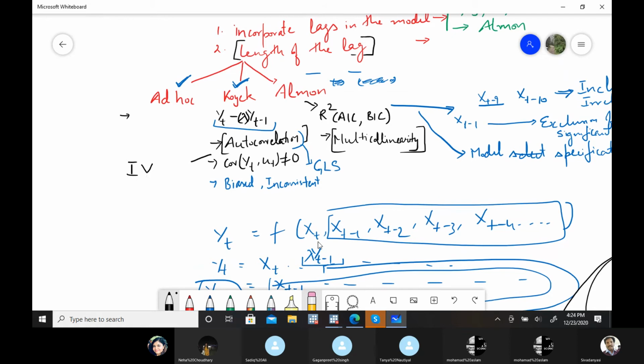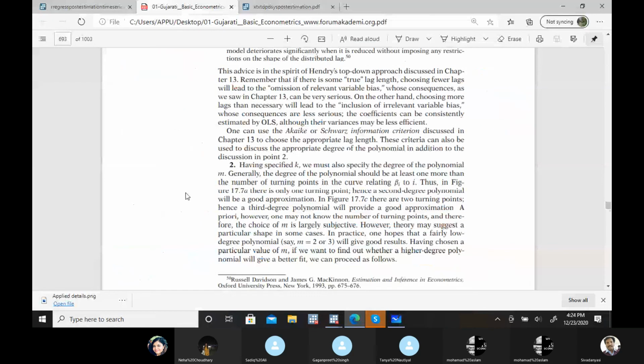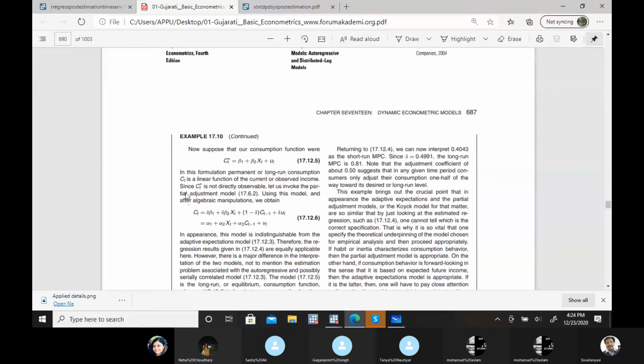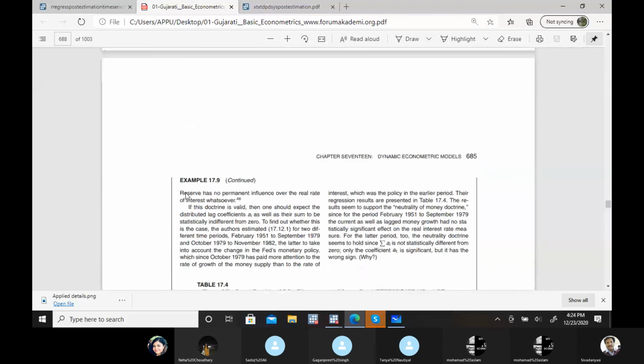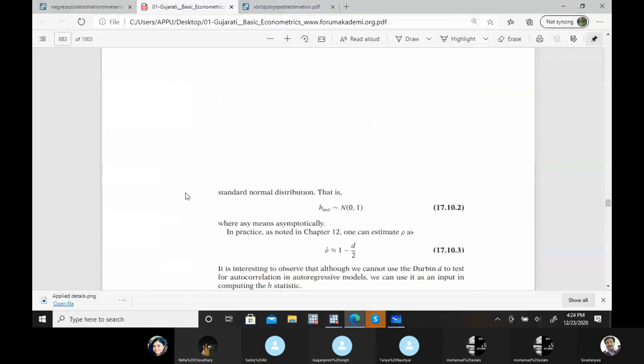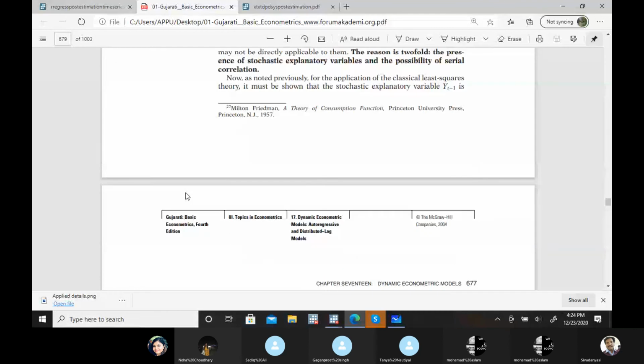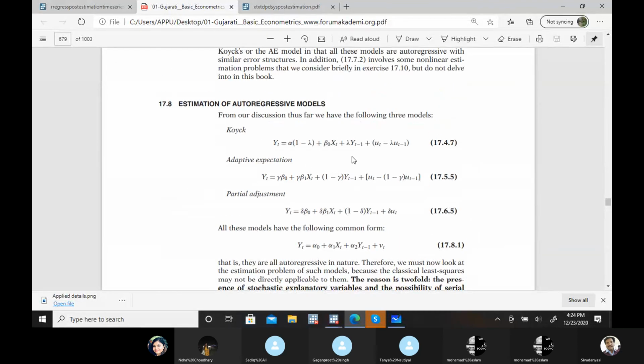For the lagged problem in all these models, this y t minus 1 is creating a problem. It may be correlated with the residual term, and that may create a problem of biased results.